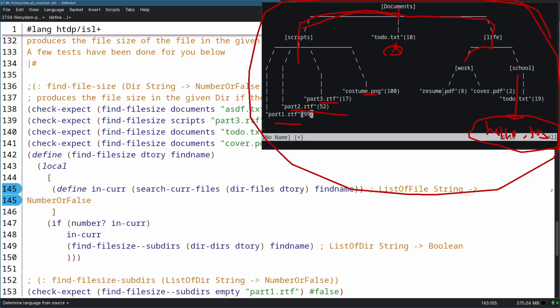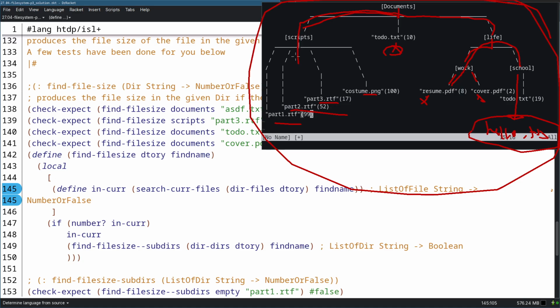I'm going to go to work. I'm going to check work's files. Let's see. You're not hello.txt. You're not hello.txt. I don't have any subdirectories either. So I'm going to go back up to life, and then down to school, and then from school, I will find hello.txt, right? So again, this backtrack nature of going to documents, checking its files under it, and then going